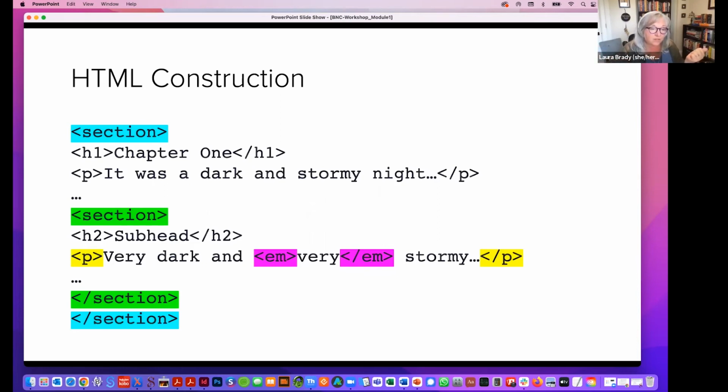And then there's a subsection which opens without the master section closing. So it's nested inside. That's what I mean by nested. It closes before the close section tag. There's an H2 with a subhead and another P tag. So you can see that in yellow, the P tag opens and then it closes, and then the very dark and stormy, very dark and very stormy. And the second "very" is enclosed in an M tag so that there's some tonal emphasis added to that word